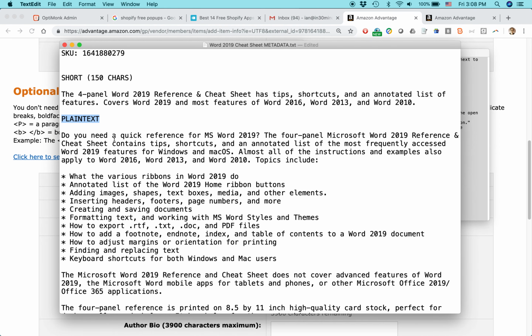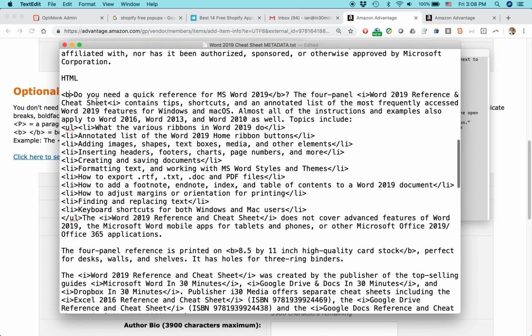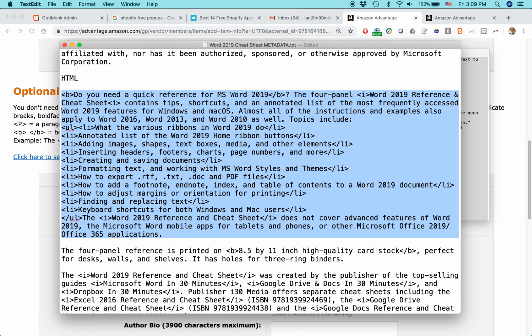On my little scratch pad here, you'll see I have a plain text version. This is no HTML. This is what I might paste in if I'm selling it somewhere else. But for Amazon, I use the HTML version, and you can see the HTML here. This is the start of a bold tag. This is the end of a bold tag. So that's hugely important. I'm just going to copy this whole thing,